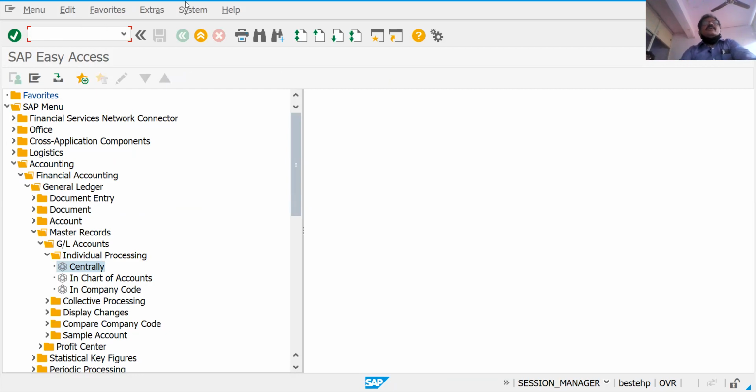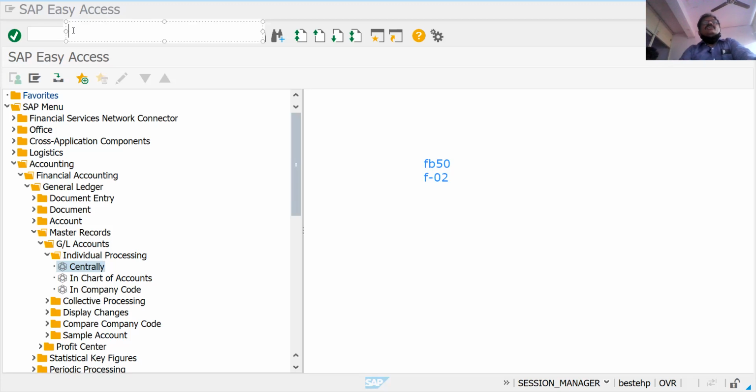To post the documents, there are 2 transaction codes. One is FB50, second transaction code F-02. Right, to understand there are 2 transaction codes. Easy way is F-02. The way generally we'll choose is F-02.